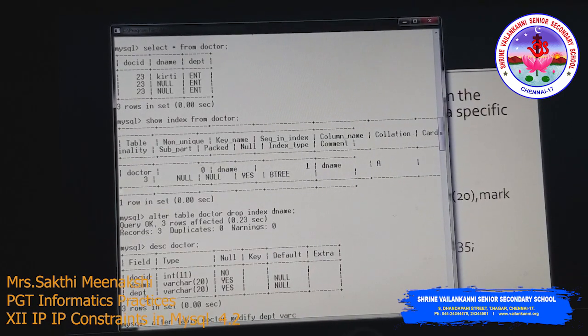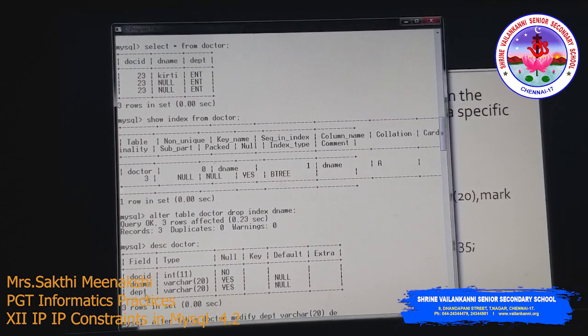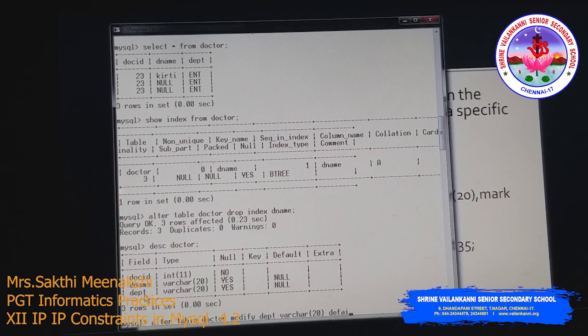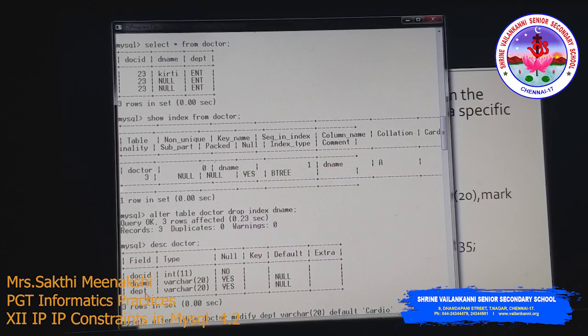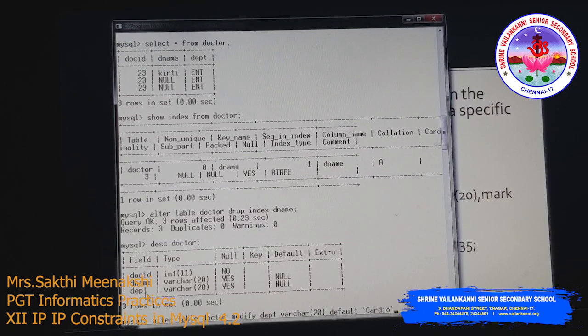We have to specify the data type. Then I am going to apply the constraint called default constraint. So default, and then you have to give the default value. I am giving the default value as cardio. So if nothing is given, it automatically considers the cardiology department.